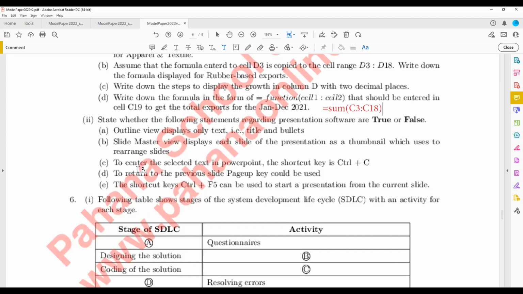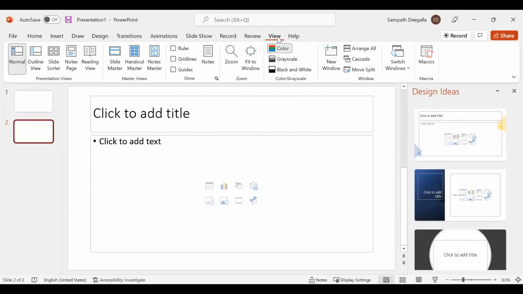State whether the following statements regarding presentation software are true or false. Outline view displays only text, that is title and bullets. Is it true or false? True. Yes, it's true. If you go to view, let me show you. Usually we have normal, outline, slide sorter, notes, reading, and so on. So outline view